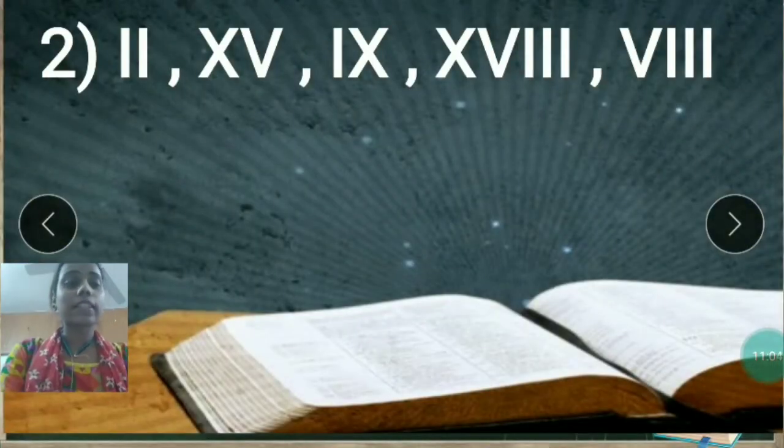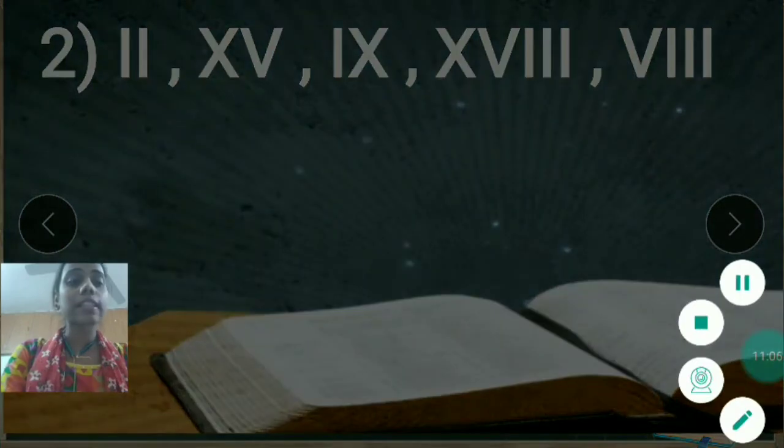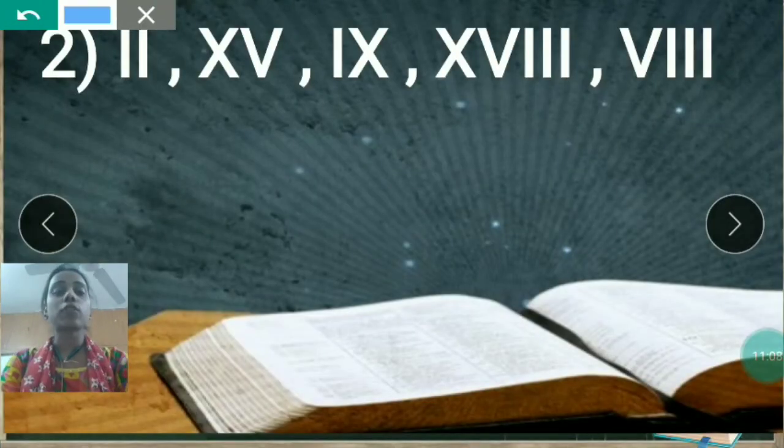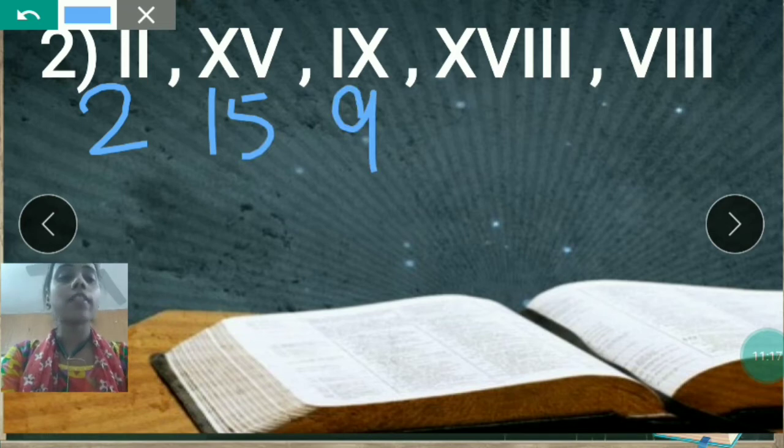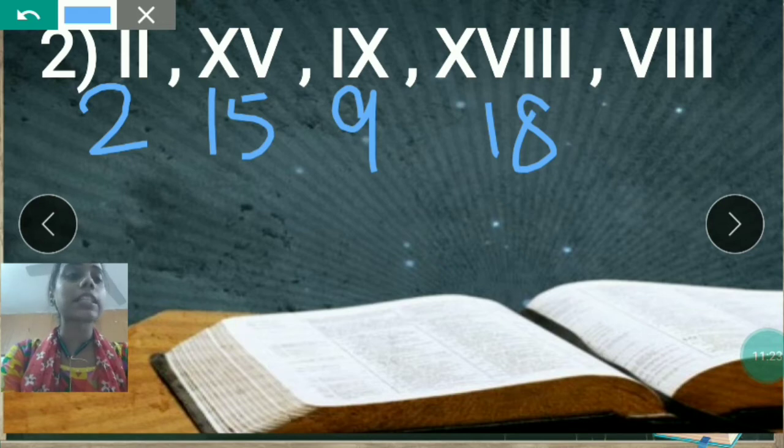Now, student, we will see the example on how to arrange these numbers in descending order. So, first of all, see the value. It is 2 here. Okay. Now, XV is equal to how much? 10 plus 5, 15. 9. Now, here 10 plus 5, 15. 16, 17, 18 will be here. Now, 5 plus 1, 6, 7 and 8.